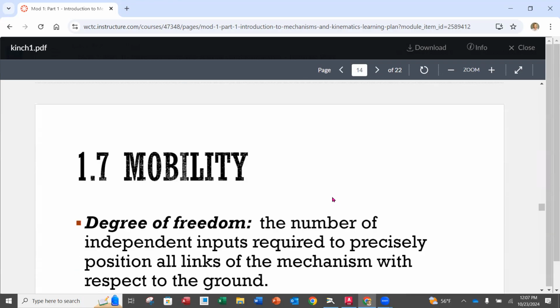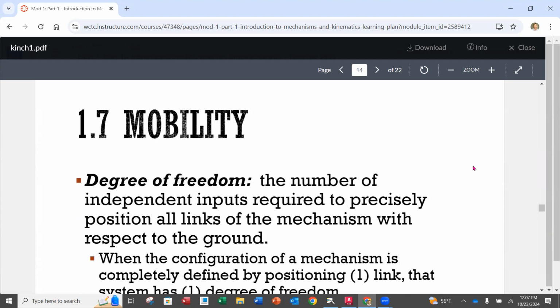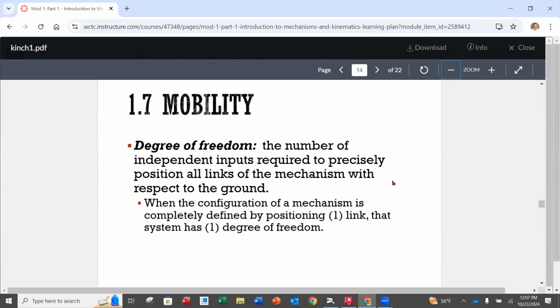So we are ready to then move to our next slide here in the PowerPoint presentation, which we're going to go to section 1.7 called mobility in our chapter. So this is going to be found on page 8 in your book. Okay, but I have the information here. Okay. So mobility, another way to describe mobility is, and you may have heard this before in regard to designs,